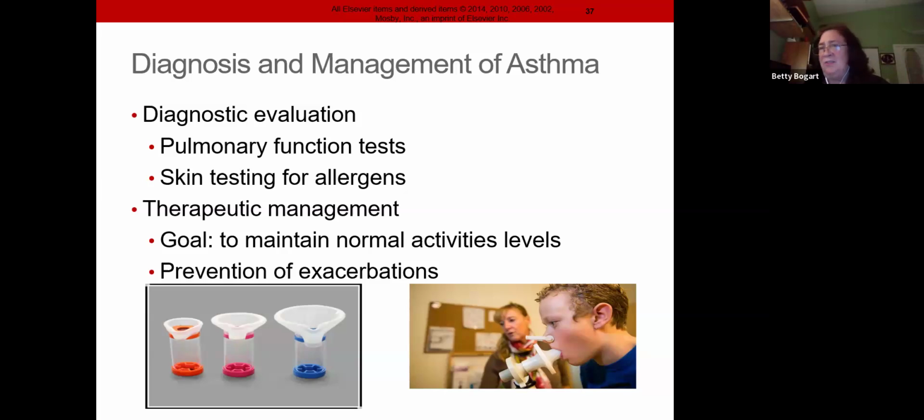Now, how do we diagnose? How do we manage it? Well, when a child is feeling well, really good, we'll do pulmonary function tests. We know what's going on with them. And we're going to find out what are they allergic to? What's that allergen that attacks them that make them feel like, oh, my lungs get swollen and I can't breathe,